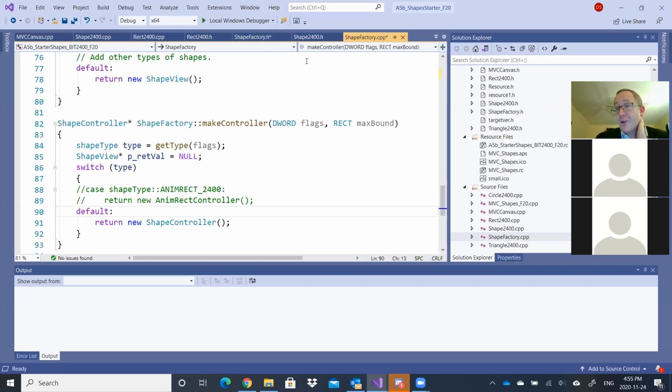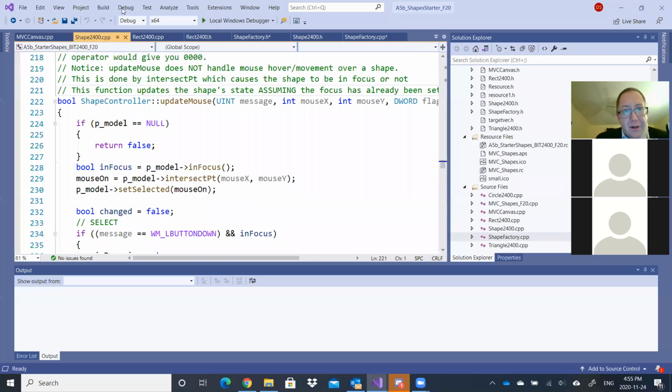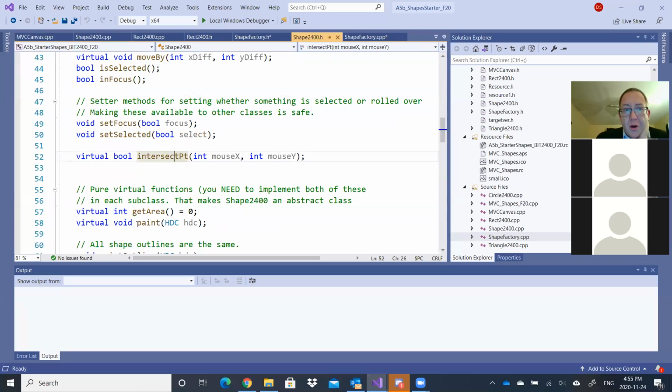Okay, the virtual. Let's think about what virtual actually means. So let's go to shape 2400. Let's go to, there we go. What's this virtual thing doing here then? That's for runtime polymorphism. Runtime polymorphism is I'm going to have a virtual table, a lookup table, so that when